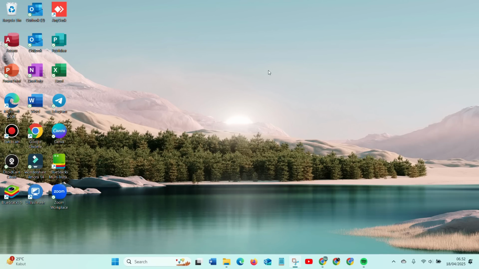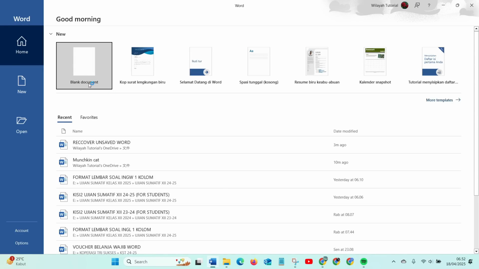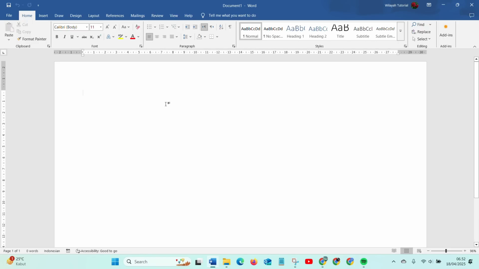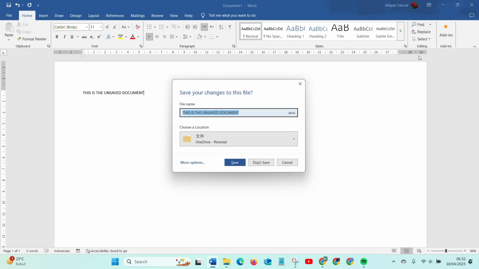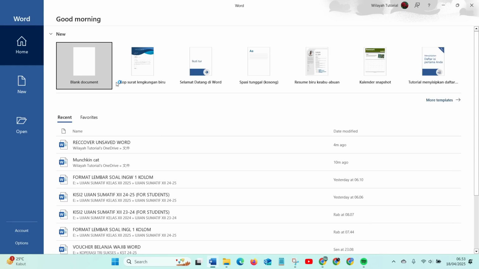It's very simple. So first, you can just open your Microsoft Word. Now for the example, I will just create this document. This is the unsaved document. So let's close this document without save it. Now, don't panic. You can just open your Microsoft Word again and you can find your unsaved or deleted Word